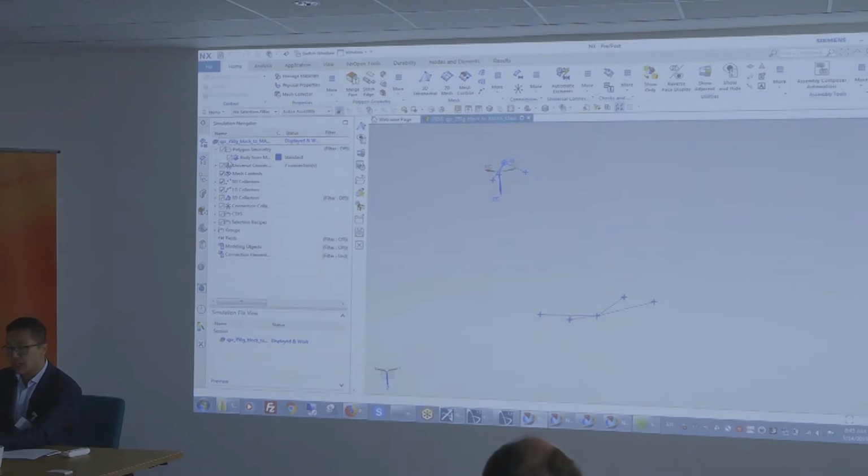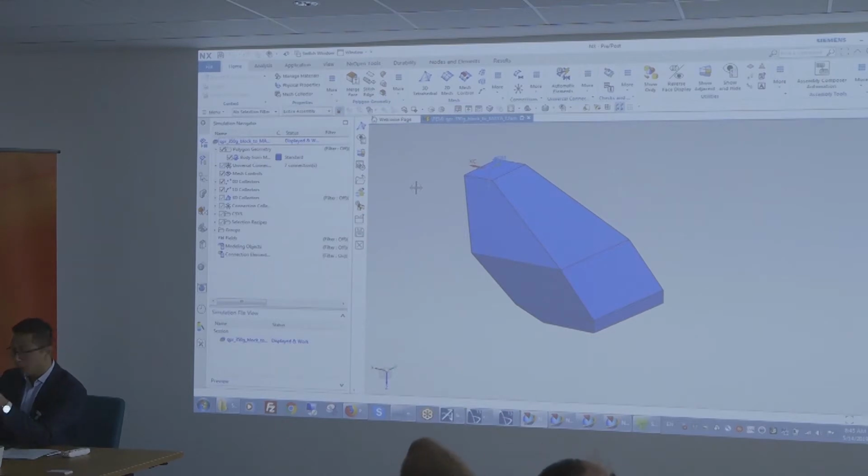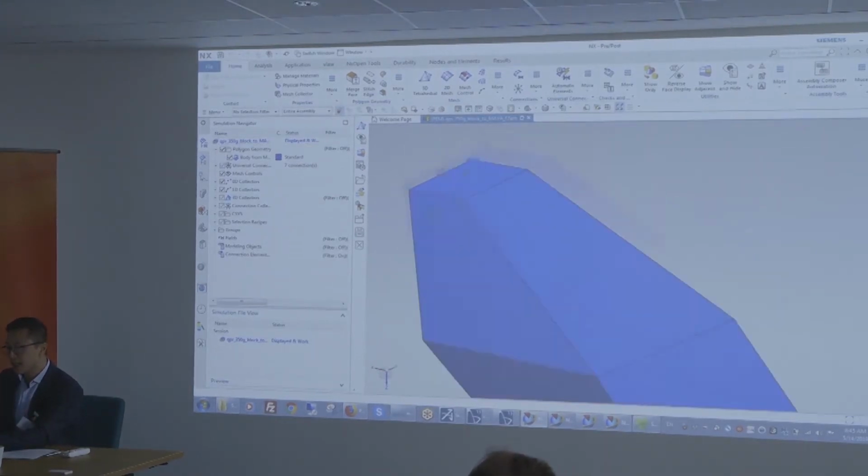These are my connection locations. I want to tell the analysis that I want bolted connections in that area. Instead of creating those connections manually, we can use what we call selection recipes to give a functional intent to my model.